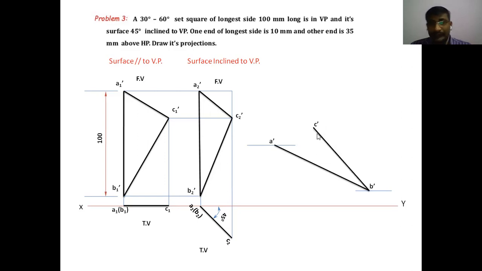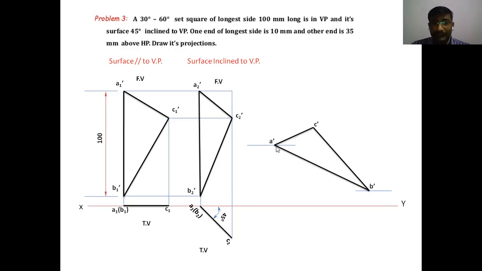So after getting the C dash, by drawing the two curves with the radii A2 dash, C2 dash and B2 dash, C2 dash, join A dash, B dash, B dash, C dash, and C dash, A dash with a dark pencil. This is the required set square which is produced in the second stage front view. This second stage front view will be rotated by some angle with the XY line by giving the given conditions.